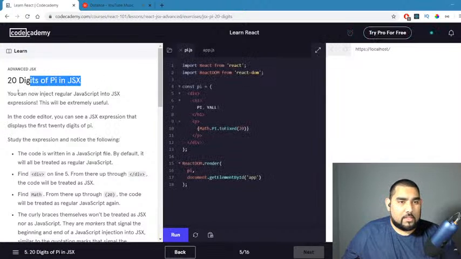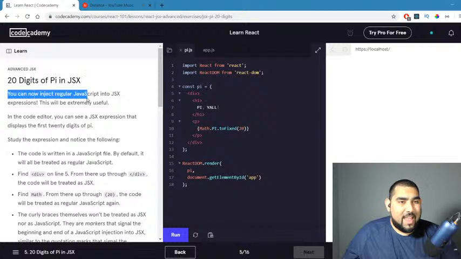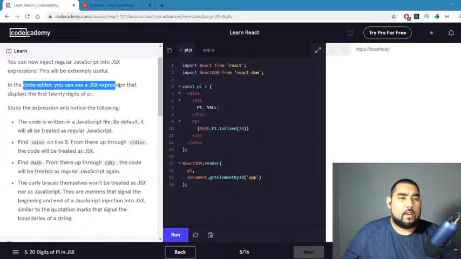20 digits of pi in JSX. You can now inject regular JavaScript into JSX. In the code editor, you can see a JavaScript JSX expression that displays the first 20 digits of pi. So we have pi, y'all,